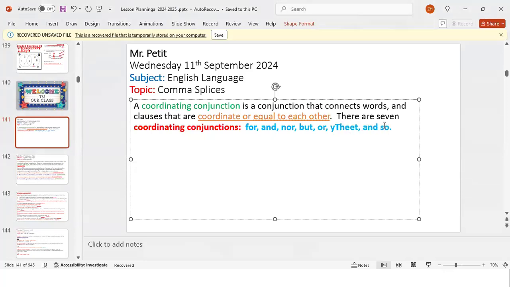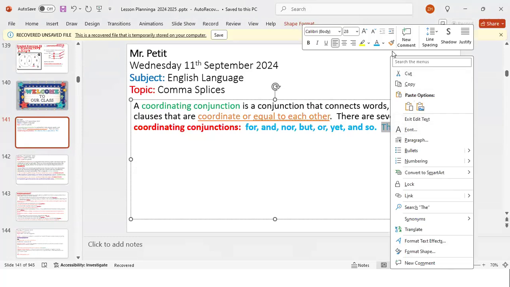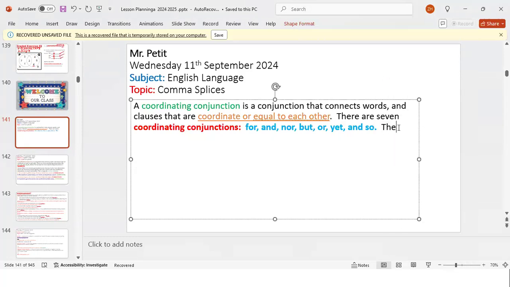The acronym that we use for these coordinating conjunctions is what we call FANBOYS.